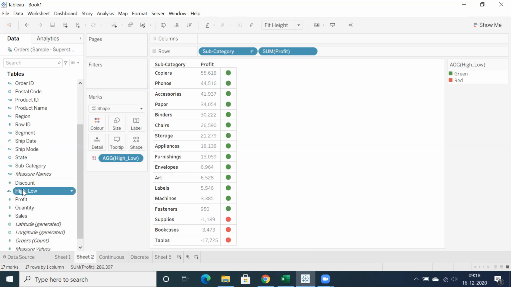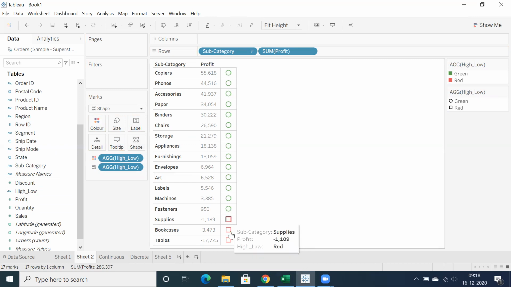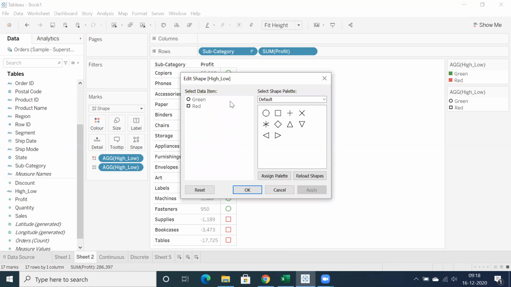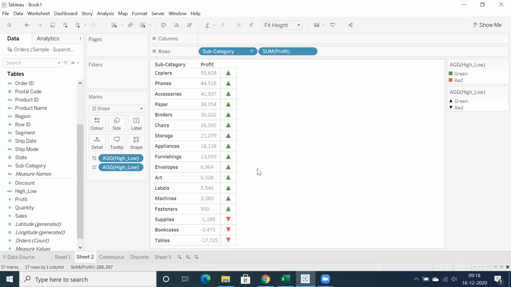The high and low, you have to drag and drop into shape, because we have two different colors and we can assign two different shapes. Click on shape. For green, I can assign a filled arrow. Green is positive, right? This one. For red, you can go for the down arrow. That's it.